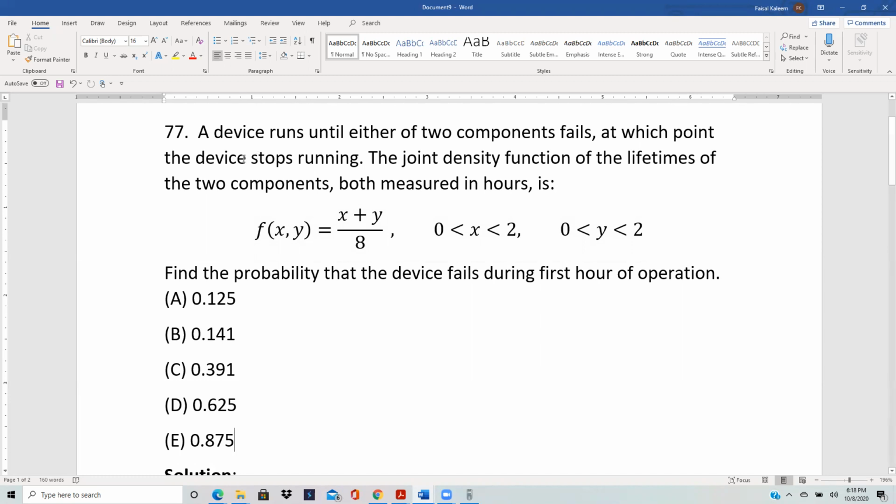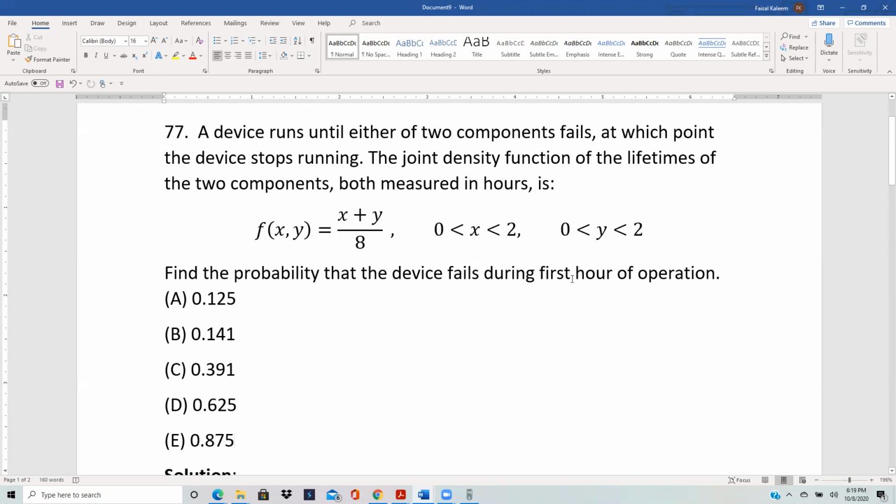So what they're trying to say here is that both the components have to run in order for the device to keep running. Even if one of the components fails, then the device fails. So to find the probability that it fails during the first hour, if you try to do it directly, you will say that, okay, that will happen